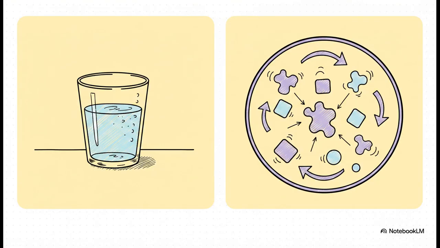All right, section 1, the illusion of stillness. There's a really stark contrast between what we see on the outside and what's actually happening on the inside. When you look at a glass of water sitting on a table in a closed room, or maybe a sealed flask of reacting chemicals that has finally stopped bubbling, your macroscopic view tells you that nothing is happening. The mass, the temperature, the visible colors, they all remain perfectly constant. The whole system seems completely static.